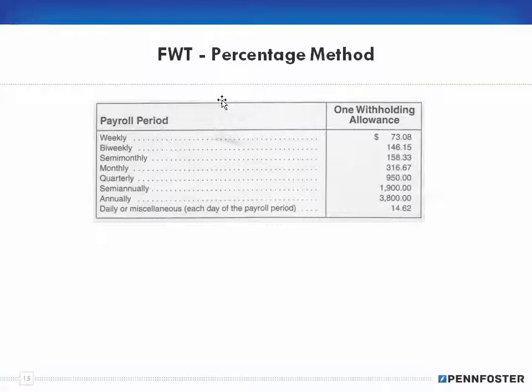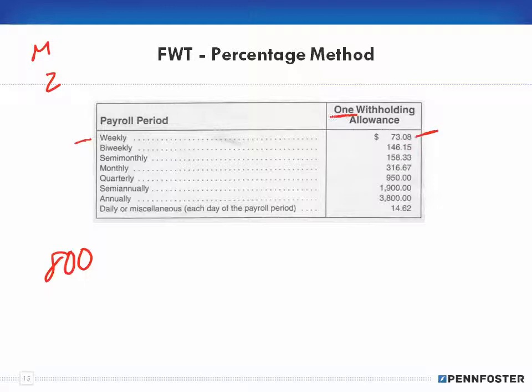So based upon our previous example, it was married with 2 allowances. Okay. When you're using the percentage method, there's this table that you have to look at in order to take into consideration your allowances. Let's say my gross pay is $800 as a salary. Okay, and I'm married and I have 2 allowances, and let's just use weekly as the payroll period. Well, what we need to do first here is we have to look down and say, okay, what's our payroll period? And we're being paid weekly, so we're going to look at the